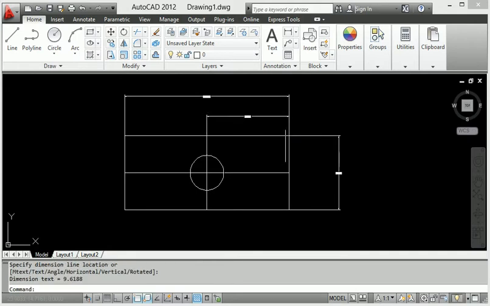Here I provide the dimension also, and then same thing I will go to provide in the center. If I give this diameter, so when I give the dimension DDI, it provides the diameter here.